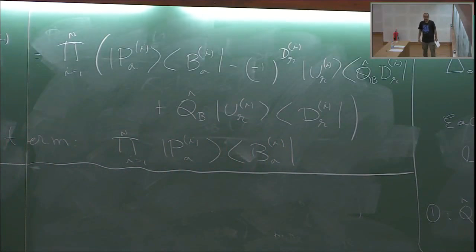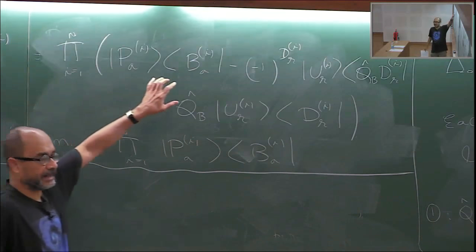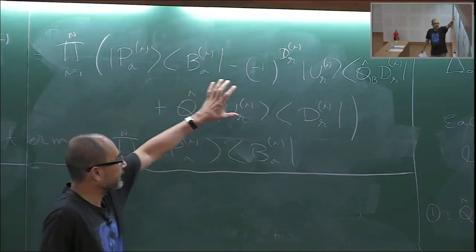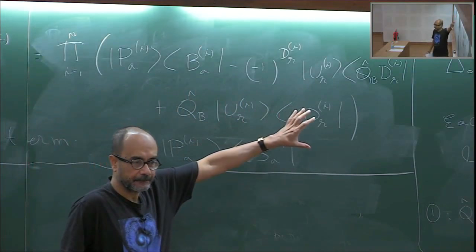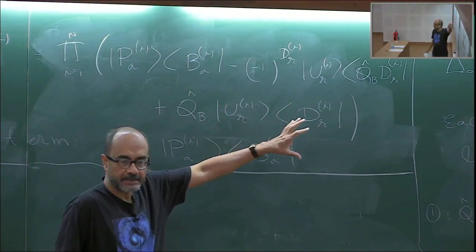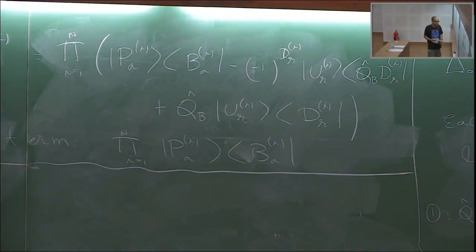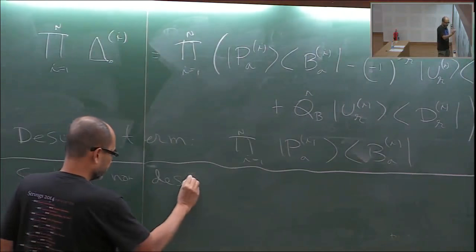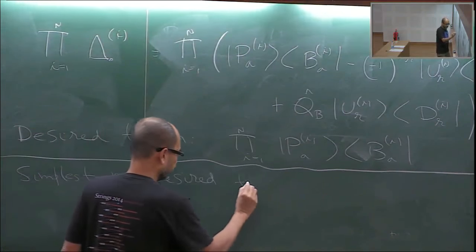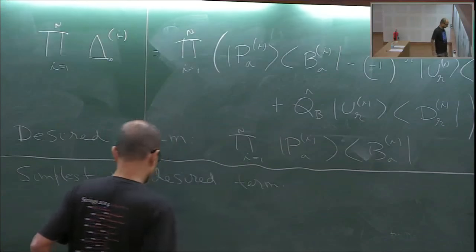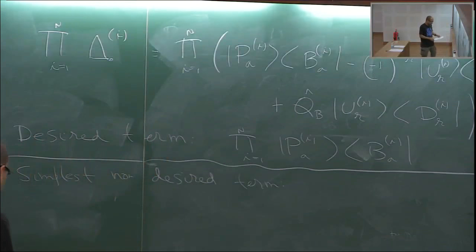The simplest non-desired term will be the one where n minus 1 of these factors are of this kind, and one factor is of the rest kind. That's clearly the simplest. So the simplest non-desired term is the product,